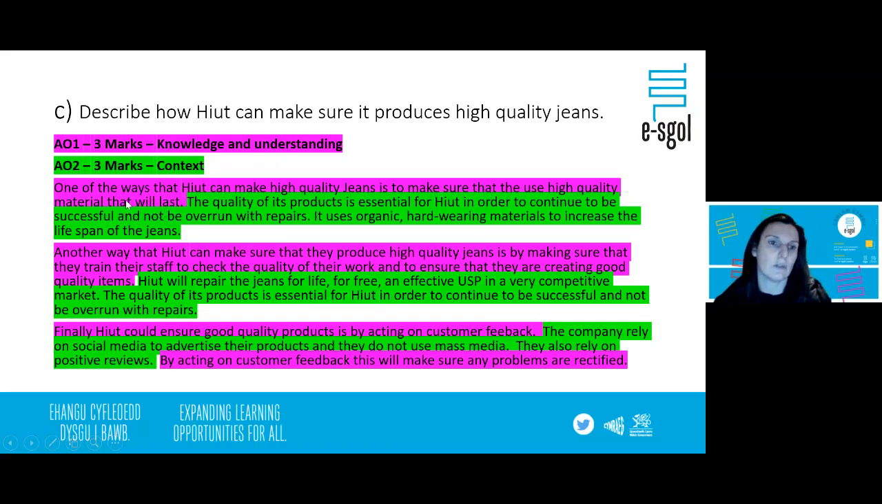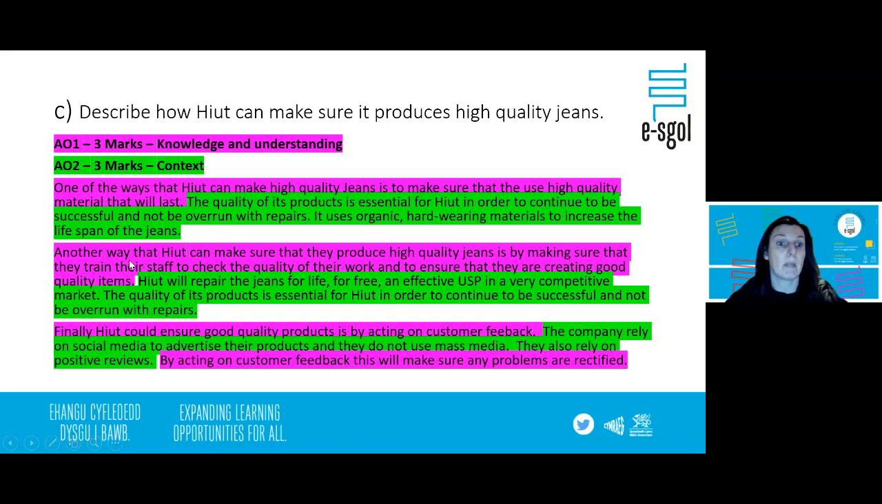Okay, so that's my knowledge and understanding. I've tailored it to the fact it's a jeans company. They're using material and I'm bringing that in. The quality of its products is essential for Hyatt in order to continue to be successful and not be overrun with repairs. So I've purely taken what has been said in the case study and put it into my answer. It uses organic hardware and materials to increase the lifespan of its jeans. So again, I'm taking out what I've seen in the case study and putting it into my answer. Trying to do that is going to be really important to get these context marks,